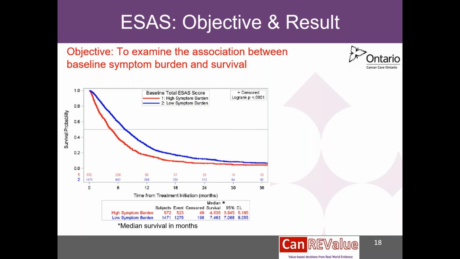You can see the two curves, that the blue curve is on top and to the right of the red curve. You can also see the p-value on the top right-hand corner, which is a small p-value, less than 0.0001, which shows that patients with fewer symptoms in the beginning, even before they receive treatment, have a better prognosis. They live longer compared to patients with more symptoms. So that's an example to show that we can use patient symptoms as a way to contribute to population-based data sets to come up with analysis.